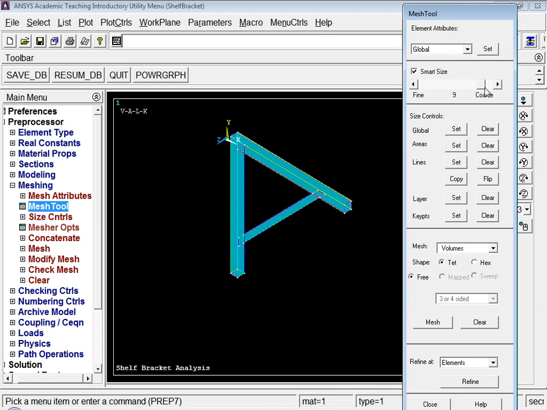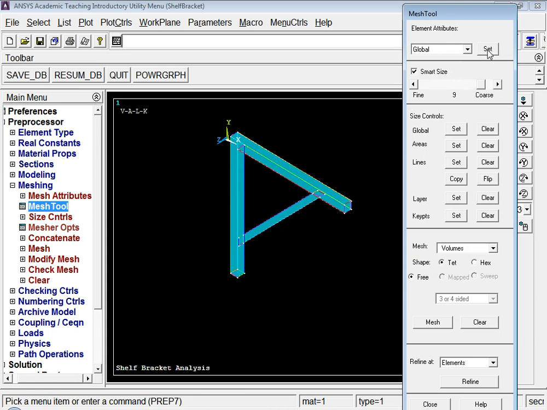Once we say smart size from here, we don't have to give manual size control values. So it is okay if you don't execute these options, because the smart size option for a global discretization parameter is on.